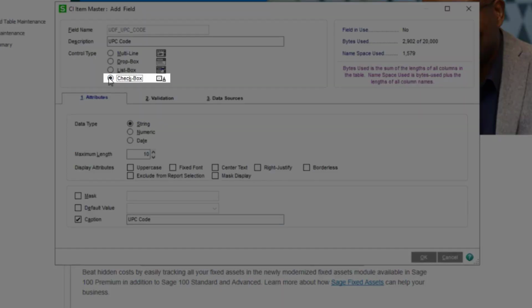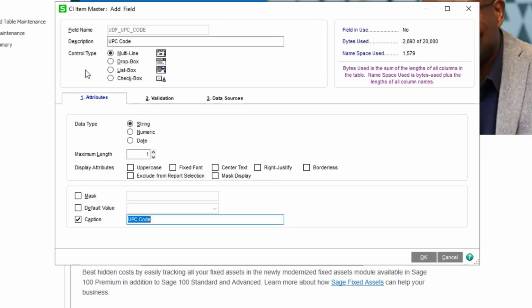Now, obviously, a checkbox is just yes or no. So you can have a checkbox, you check it on for yes, and you check it off for no. So I'm going to leave it as a multi-line. And then we can have the data type being string or text. We mean text by string. And if it's a string field, we can define the length. And so, for example, I can say it's going to be equal to 15 characters,